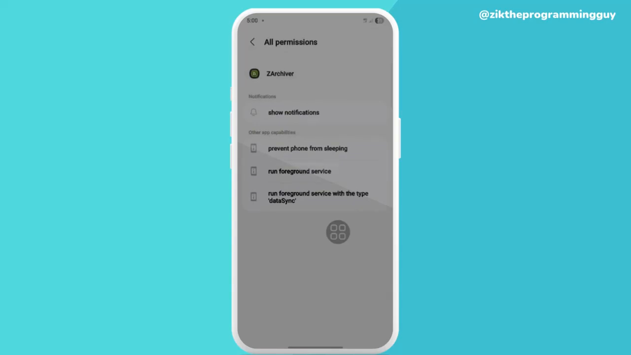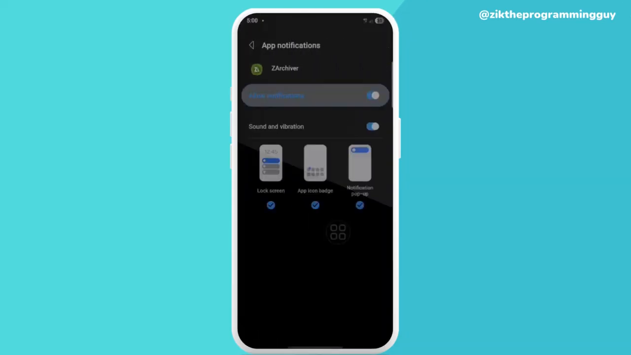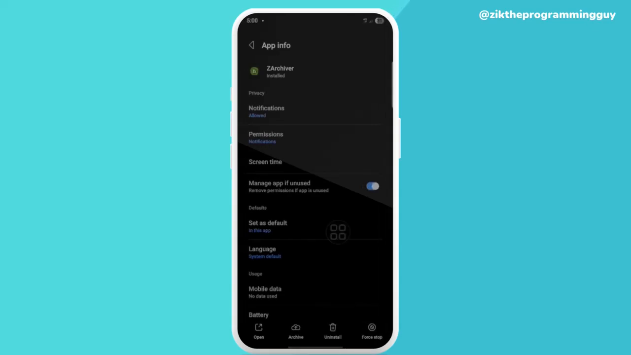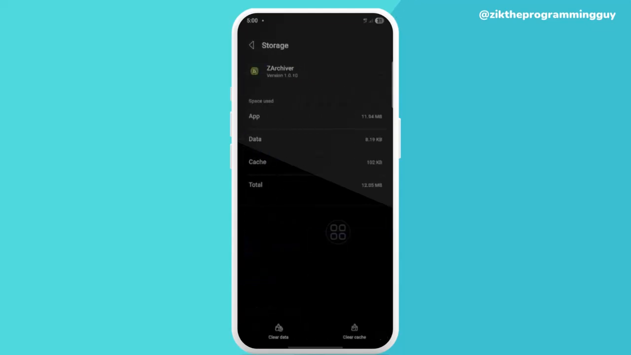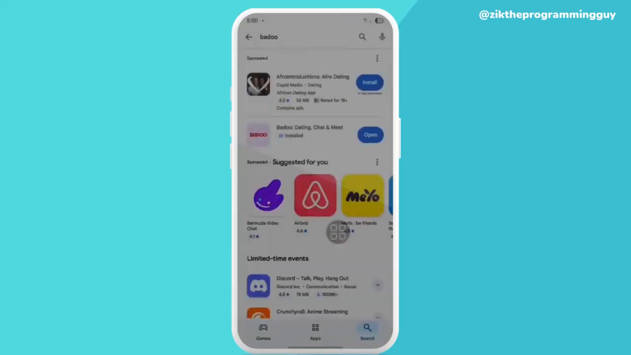So permissions, okay, so I'm going to allow this now. I've allowed it, and right, so this is what to do. After doing this, you can now come to storage, and you have to clear the cache and the data as well, right? After doing this, you can now go to the Play Store or App Store, search for it,